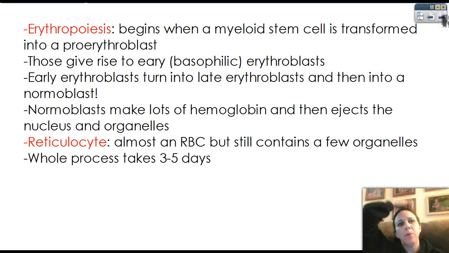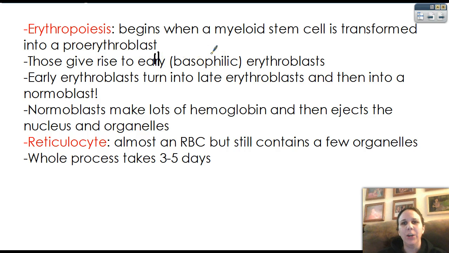All right, erythropoiesis begins when a myeloid stem cell is transformed into a proerythroblast. Pro, like prophase or prokaryote, means first. So you can kind of remember pro means first. So we have this stem cell, comes from myeloid structures. They make a first red blood cell. These give rise to, there's an L in there,